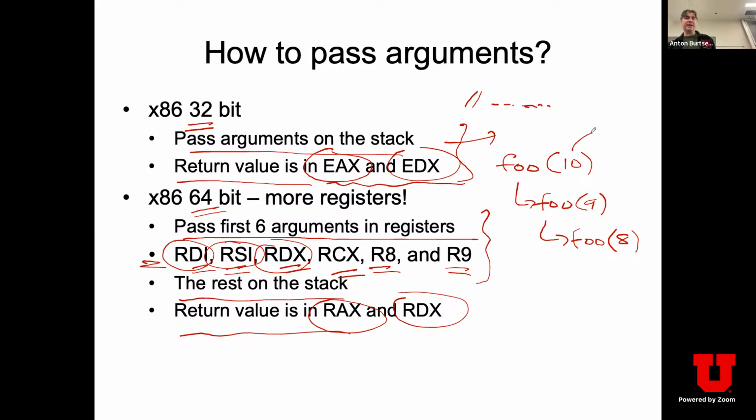Remember, the convention dictates that this argument should be in the RDI register, which means that this 9 has to be in the RDI register. What happens if you want to restore this 10? What do you have to do as a compiler engineer? The stack. Correct. So then you have to say, by the way, I will have to save this RDI